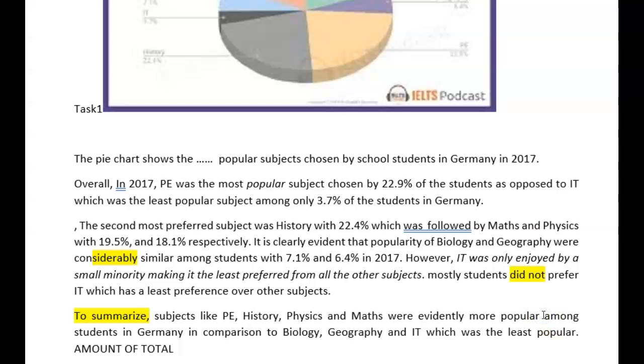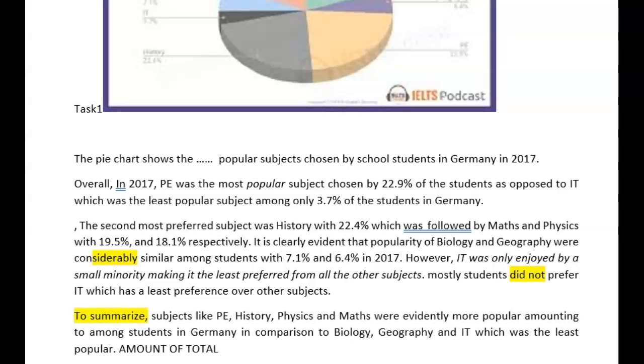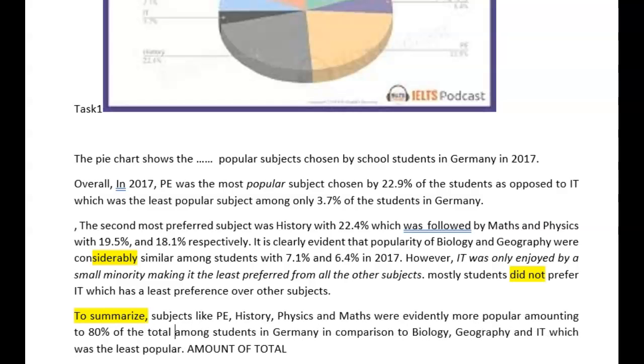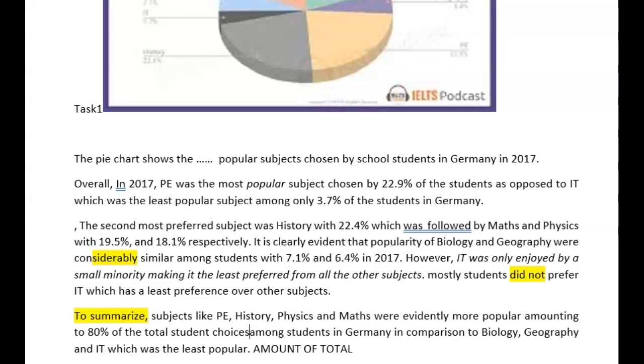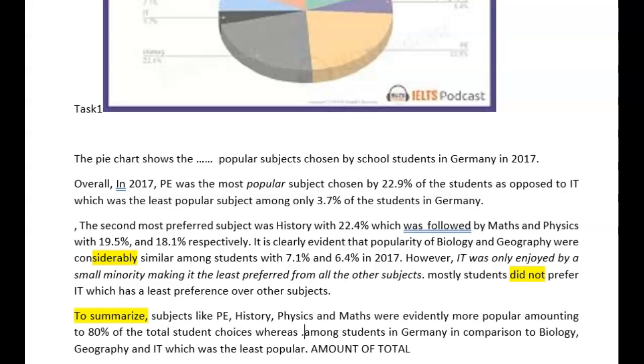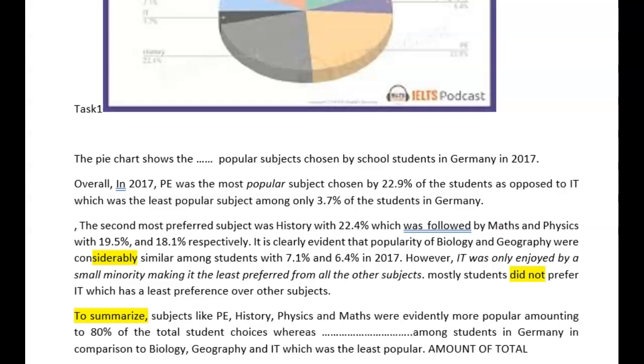Okay, making up, amounting to, I think it is. You added up the number. I think it's almost 80% of the total student choices. Whereas, so now you can put in a comparative there, the other subjects, the geography, biology, IT, only